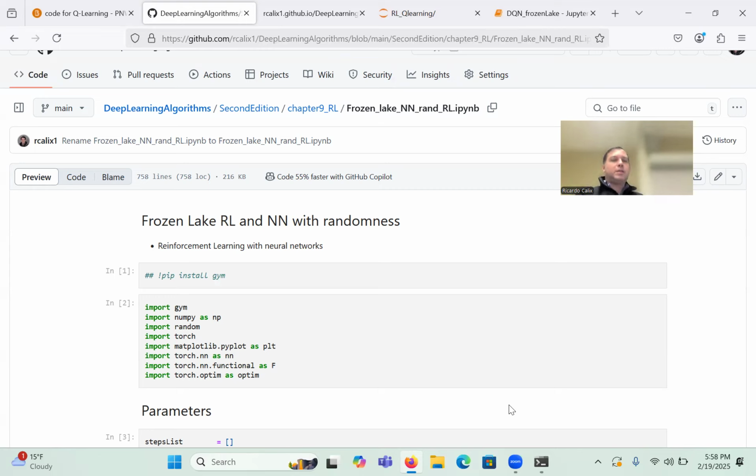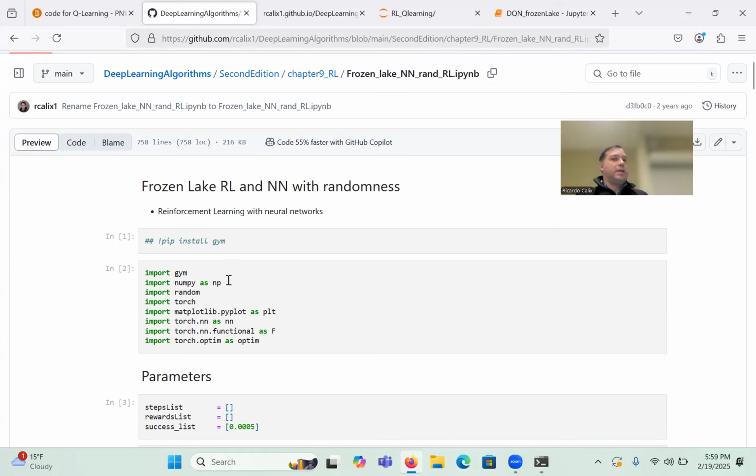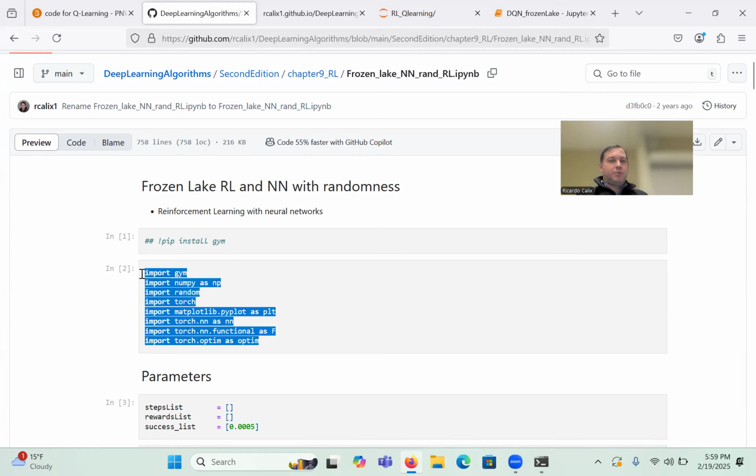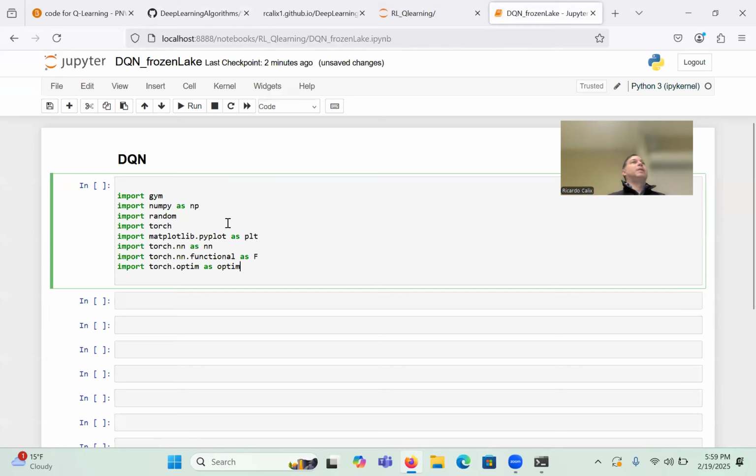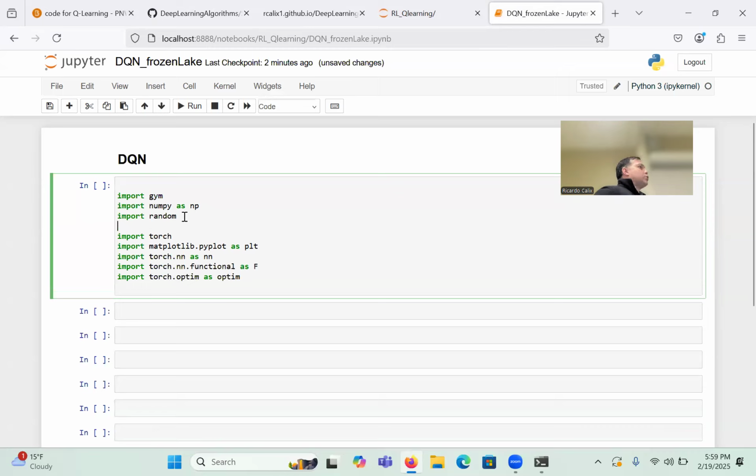All right, so Frozen Lake RL and NN, guys. We've already installed these libraries, but I'm going to copy them. So essentially, Gym from last week, NumPy, random. Now I'm going to start building a neural net, which essentially means I need Torch. I'm going to have matplotlib for my plots, and then torch nn, so I can instantiate classes, torch nn functional